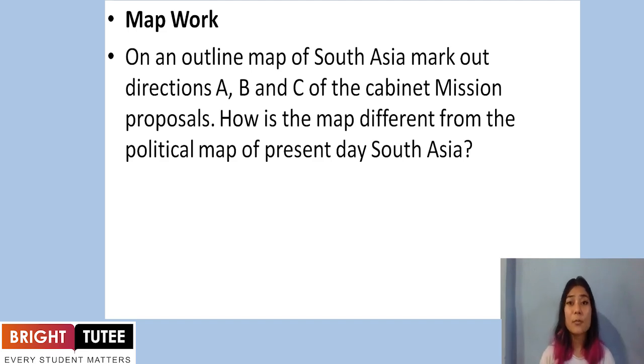Some say that communal politics led to the partition. Some say the conflict between Hindus and Muslims led to the partition, etc. We understood that. Then we also saw that it is important to understand all the events that led to the partition. So we looked at various events from the election of 1937 to the partition in 1947, and all the minute details in events that occurred in between these periods. And then by that we understood what had caused the partition and why the British left.